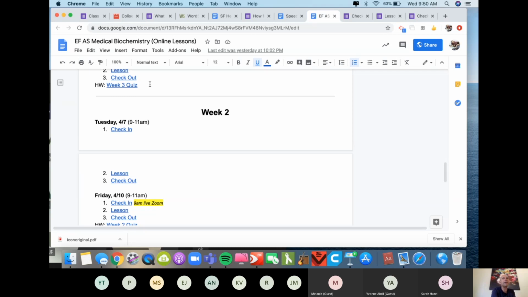So then when I was doing my design, I just had to think to myself, okay, can this happen without me being there, or do I need to show them this? For example, a lot of times I would do a demo. I remember one class, in my chemistry class, we were talking about density, and I literally had a can of Coke and a can of Diet Coke and a big glass, and I dumped them both in, and they saw that the regular Coke sunk faster than the Diet Coke, and we just had a conversation about that. So I asked myself, can I do this live?